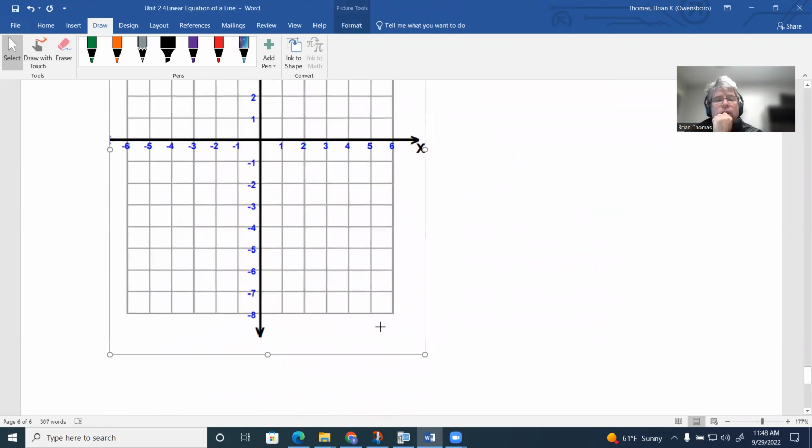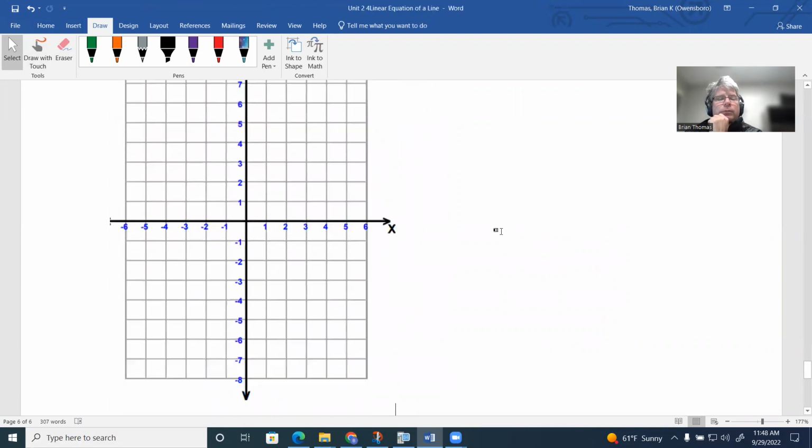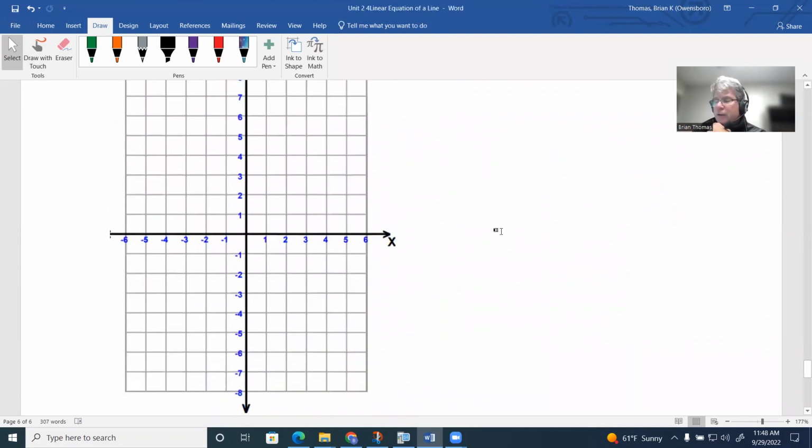So we're trying to get a little bit of a concept of perpendicular lines. Let's say I gave you the equation of a line. Let's say the first one is y equals 2/3 x minus 2. If I graph that line, the y-intercept is going to be -2. The slope of 2/3 means I'm going to rise up 2 and run over 3. So that would be that. So if we graph that line,